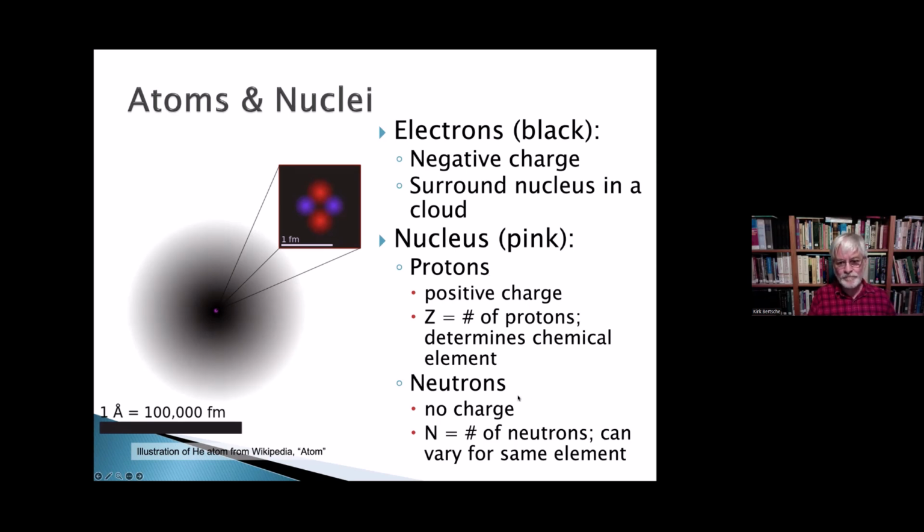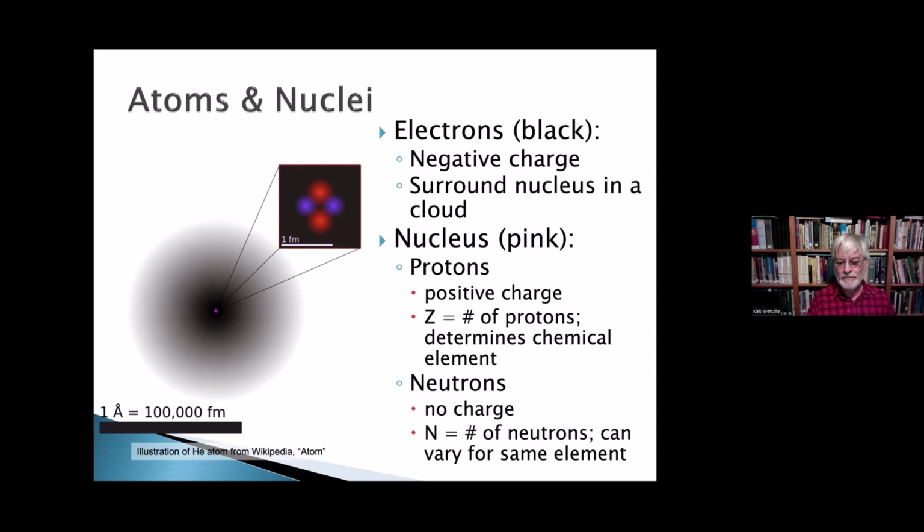And the Z of the atom, we use the letter Z to refer to the atomic number, and that's the number of protons. That determines which chemical element it is. And then the number N is the number of neutrons, and when you add those together, you have the atomic mass. So you can have an atom